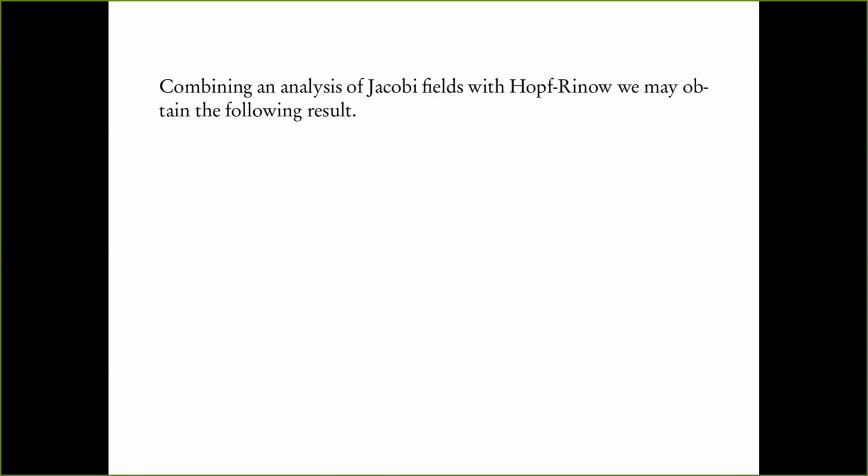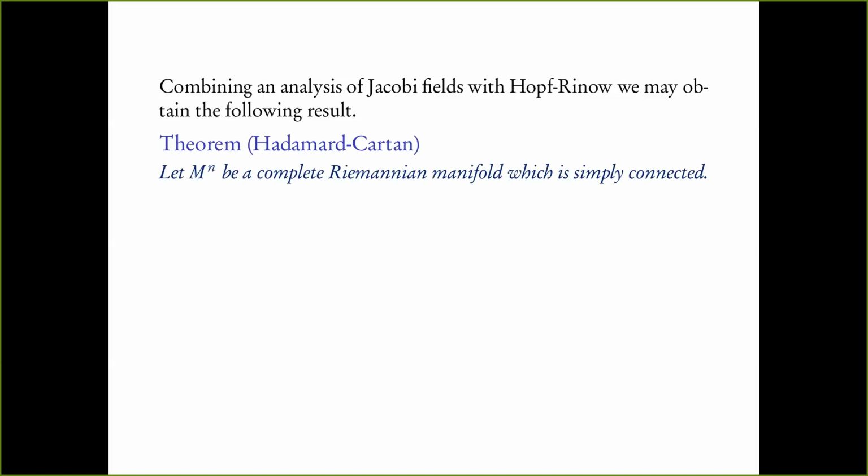So there's a very crucial technique that is used where you basically try to play around with one parameter family of geodesics, varying through geodesics, and calculate various derivatives and develop a theory. That's what Jacobi fields are. So you have a one parameter family of geodesics and you look at their derivatives and see what kind of equations they satisfy. So that's a whole analysis on its own, where you have to combine that analysis with the Hopf-Rinow theorem to obtain the following result.